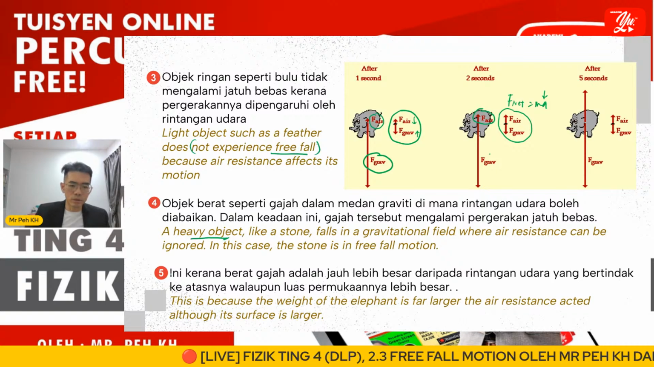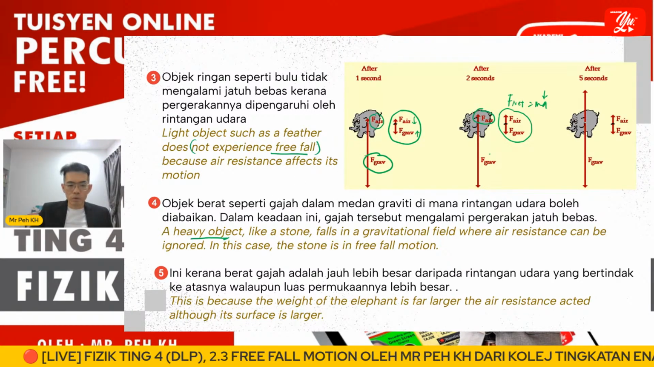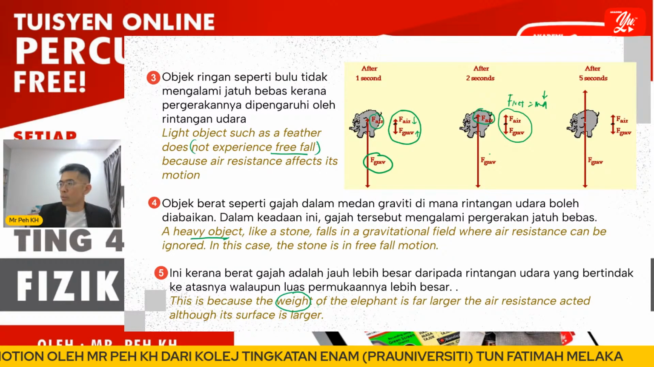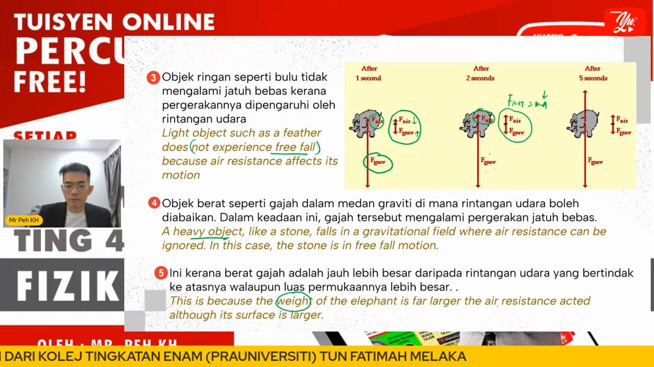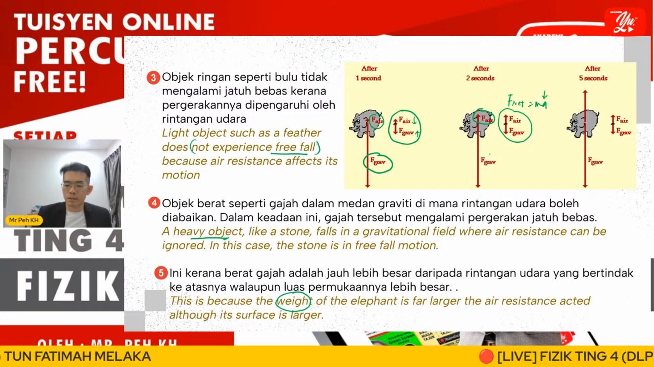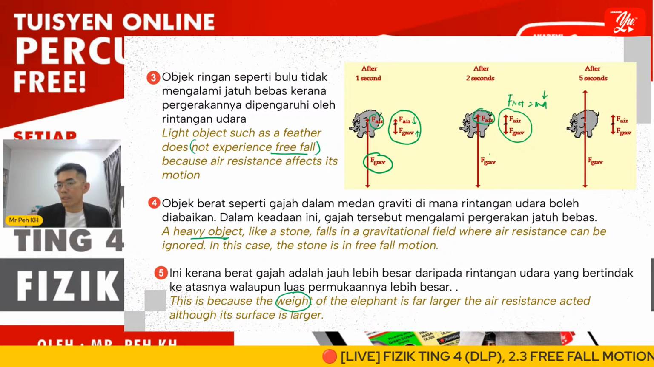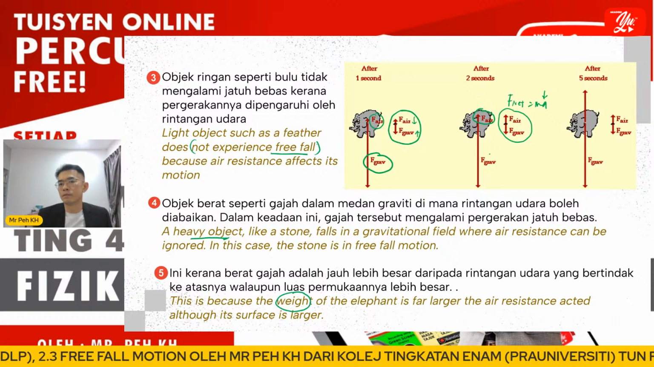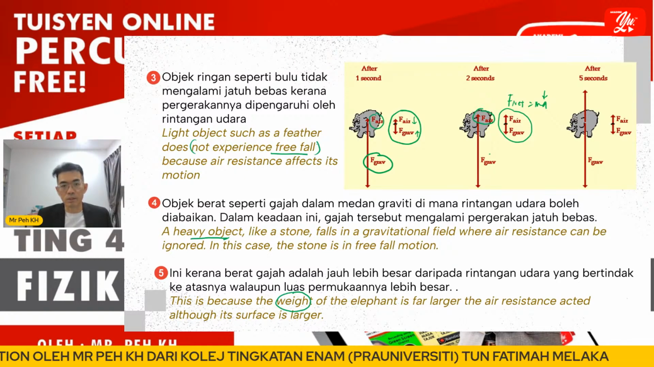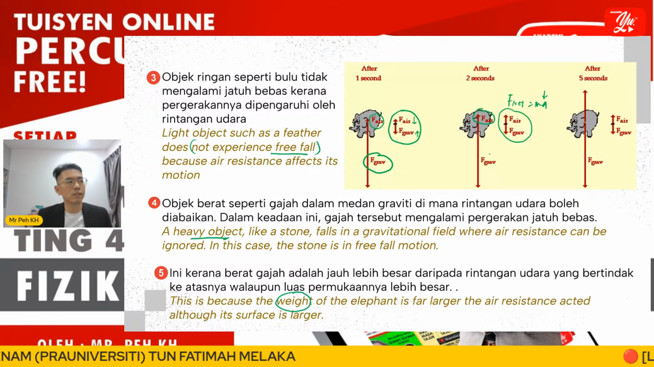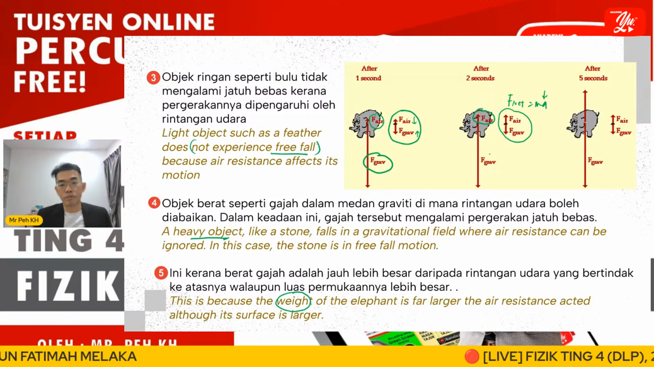Okay, so conclusion. The elephant will fall because the weight, or the downward force, which is the gravitational pull, is far larger than the air resistance, although it has a bigger surface area. So this is the third activity, where we discuss that although the heavy object has a bigger surface area, the air resistance impact will not be significant on a heavy object. So the heavy object will still be considered to experience free fall